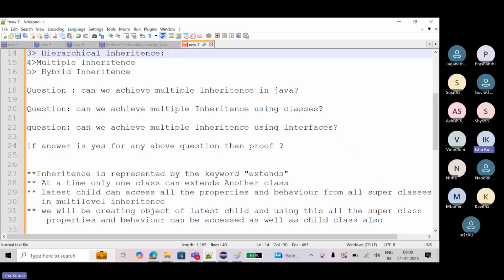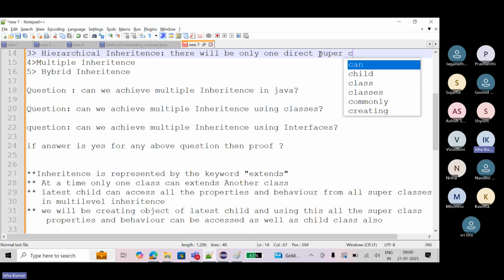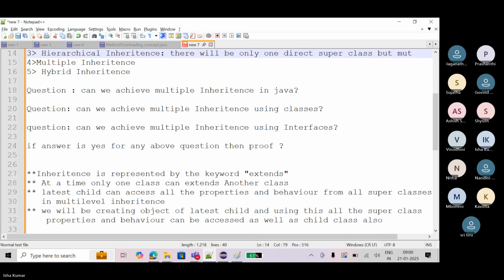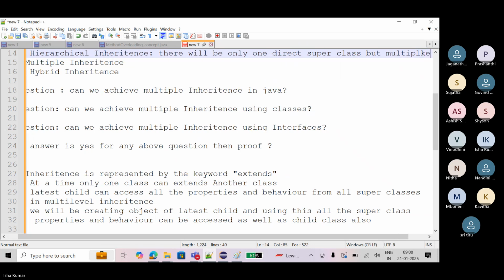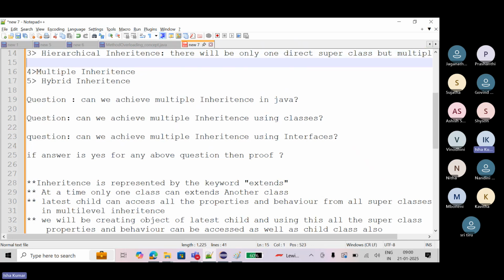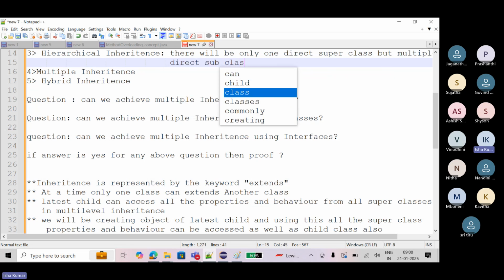Hierarchical inheritance means there will be only one direct superclass, but multiple direct subclasses,